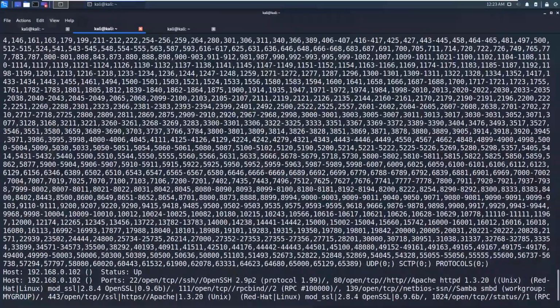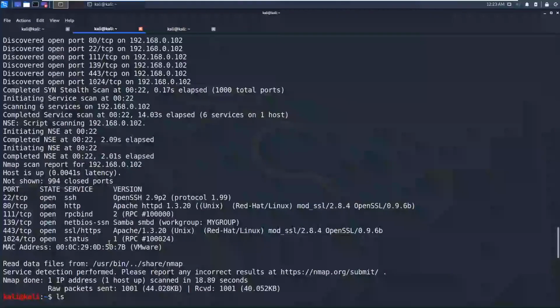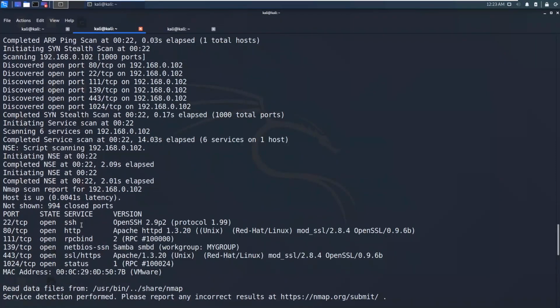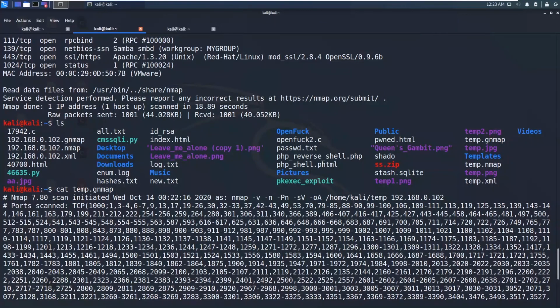These are the ports scanned, and these ports are open, so you can see ports 22, 80 and so on. It gives us the basic information because we did not put -sC in the previous command. In the previous case we did not put a name, that's why it took the IP address as the file name.